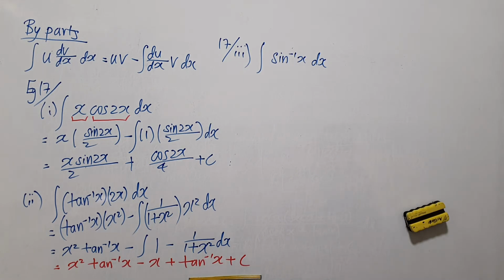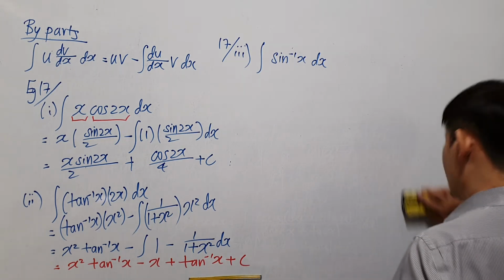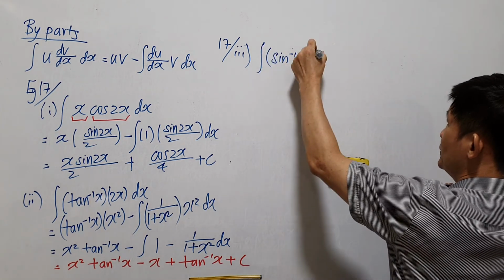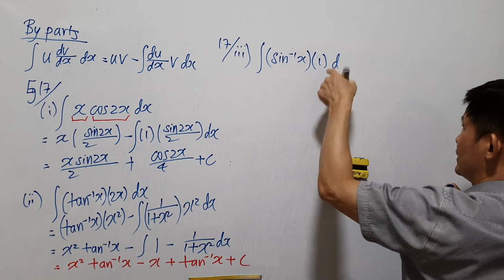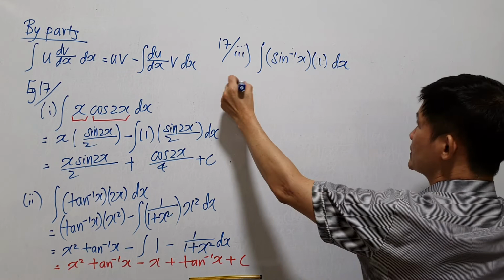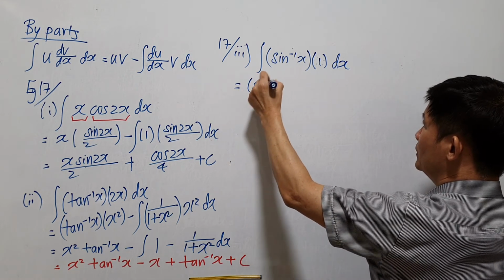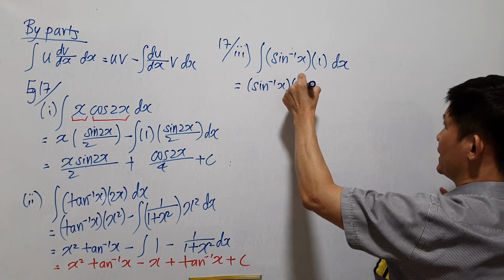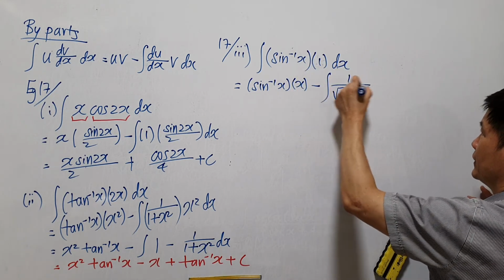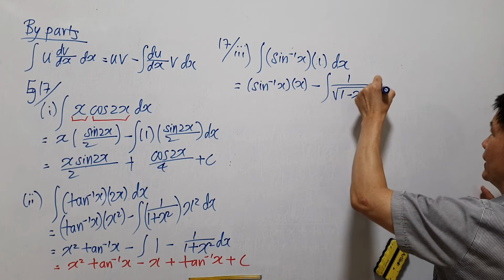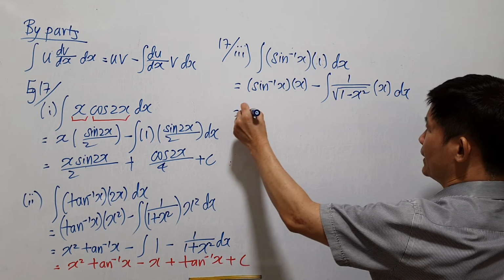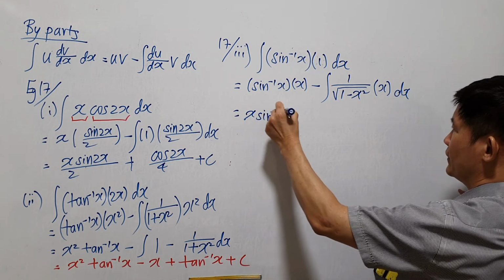For this question, you probably already know the trick. All you can do is we are going to see this as u, and then see your dv dx as 1. Then the formula goes uv, v is going to be x, minus integration of du dx, and then v. So this gives you x sine inverse x minus,